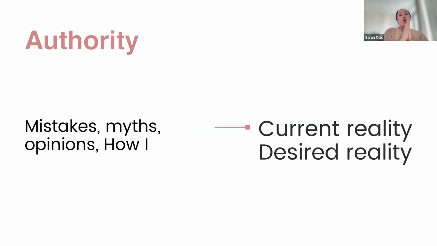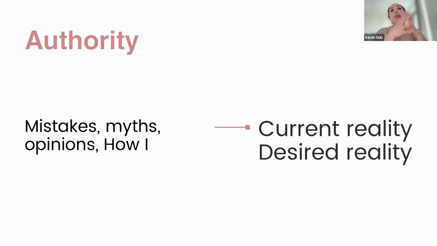Number two, what I call authority content. That is really where your personal takes come across, right? It's content that cements your trust by talking about mistakes you've seen people make, and myths that people might believe that aren't true. It's essentially opinion-based content, because what you consider a mistake might not be a mistake in the eyes of someone else, or another lawyer in your field might disagree, right? That is where you cement your authority and you essentially attract and repel. You attract more of the right people and you repel anyone who doesn't align with that thinking, right?